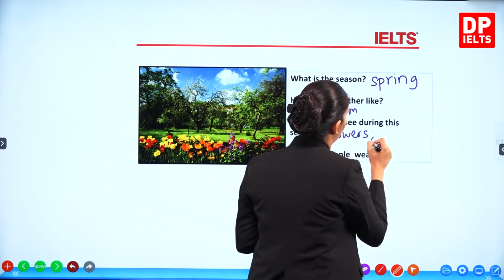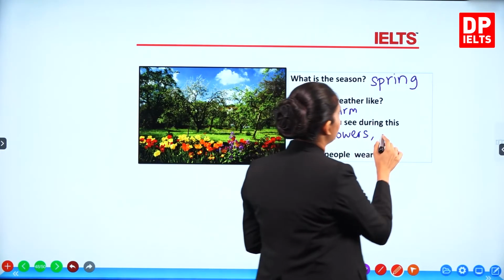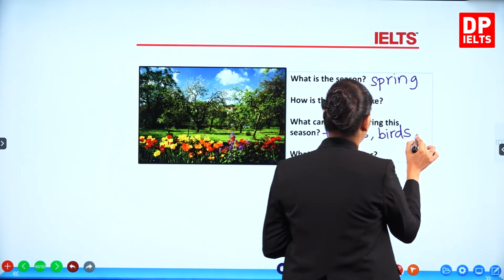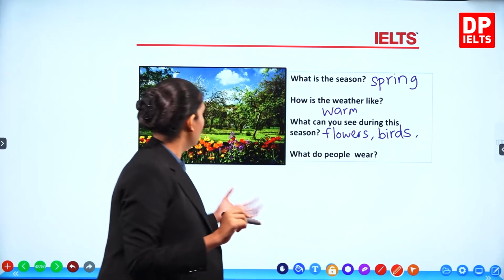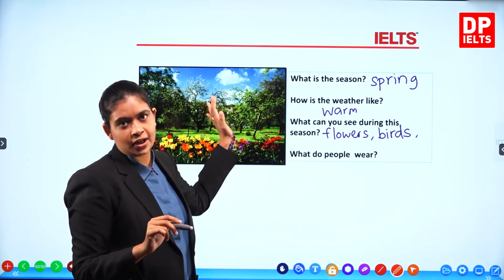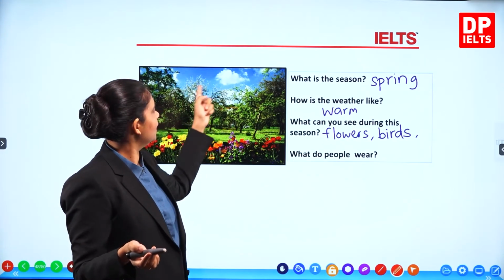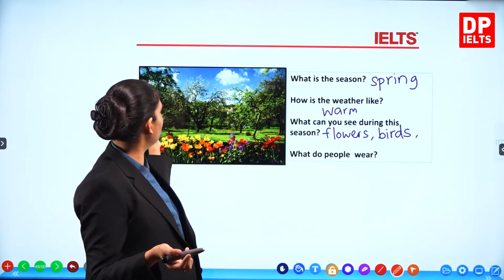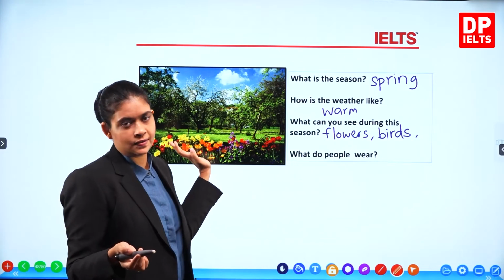Okay. It's very colorful. You can see birds chirping, or we say the birds are singing. Okay. What else can you see? You can see that the sun is shining but not really warm. The sky is clear, right? And there are a lot of leaves in the trees.